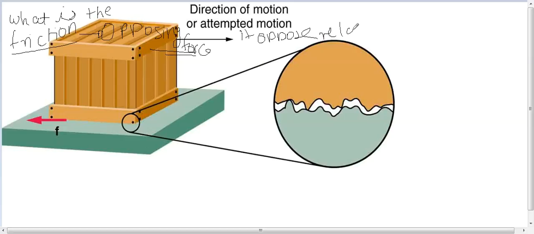Relative motion, this term is very important. Friction opposes the relative motion between the surfaces. And the second important thing is